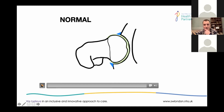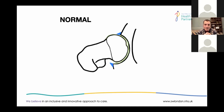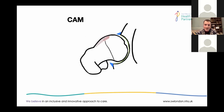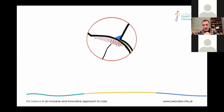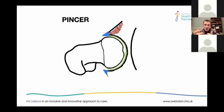So here we've got a normal hip joint, okay? And the rotation within the hip joint goes around the center of the femoral head and everything's fine. The blue's the labrum. Here we've got a cam, highlighted in the red. And as we come up into flexion, that cam starts to impinge onto the acetabular rim, pinching the labrum, which then gets entrapped, and it gets converted into a shearing force at the chondrolabral junction,